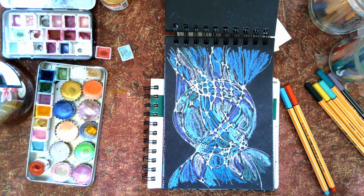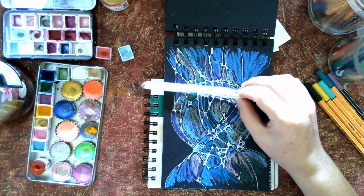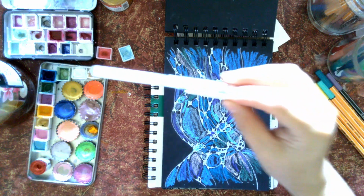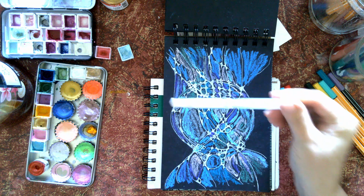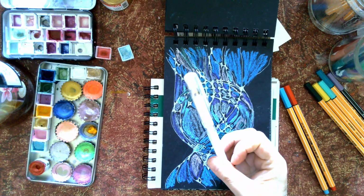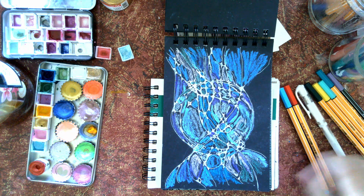I have some gel pens now. I bought these Uniball Signo brand, and maybe I'll redo this later with some better lining. But the Uniball, this is my favorite gel pen. They work really well on the black paper. So this was a